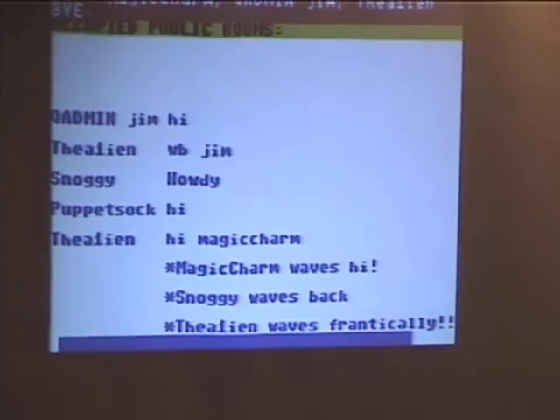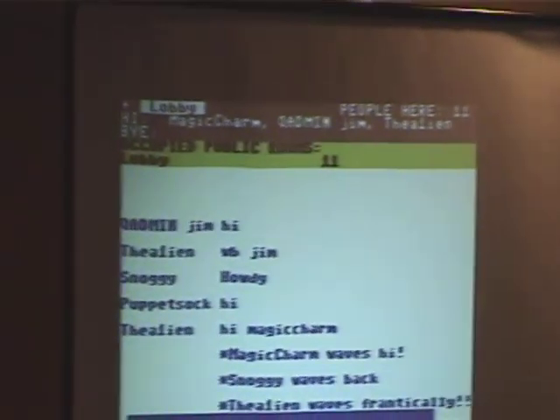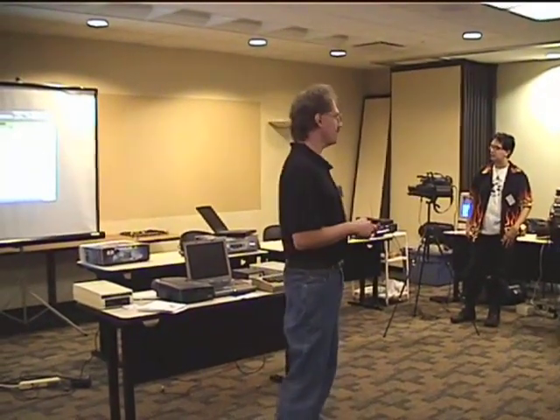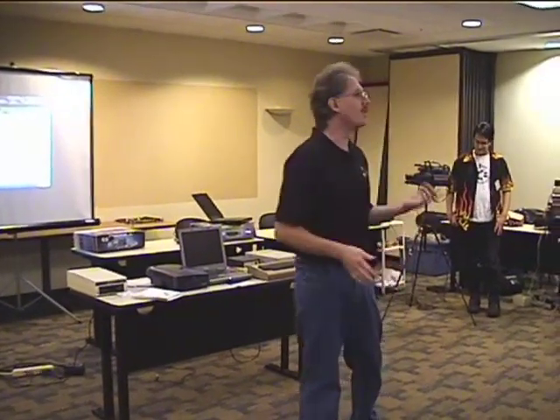The system has currently 11 users logged into the lobby. QLink has a system of chat rooms. Each chat room can have up to 23 users. There can be both public chat rooms and private chat rooms. The public chat rooms will show up on this list. The private ones do not. And there's also a special room called the auditorium. The auditorium was used for when you'd have a speaker come in. You could have many users log into the auditorium, but those users could not chat, but they could ask the speaker questions.